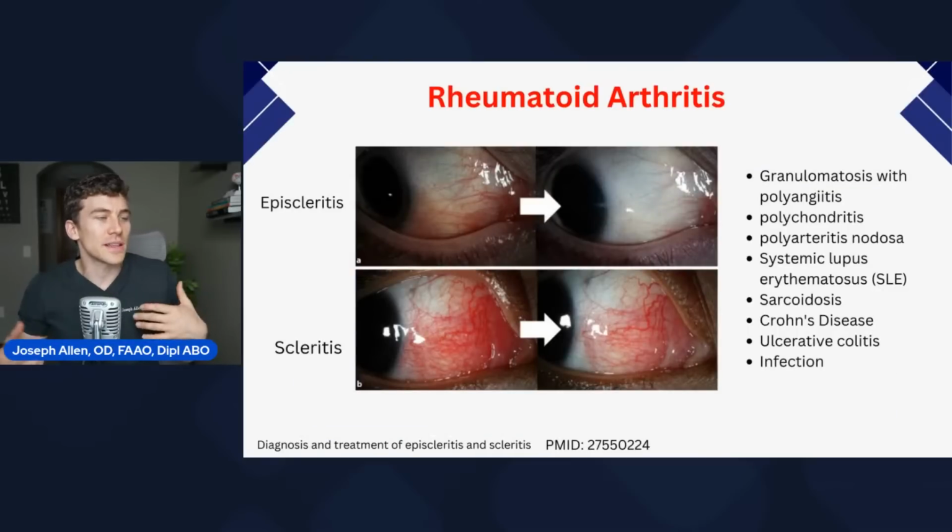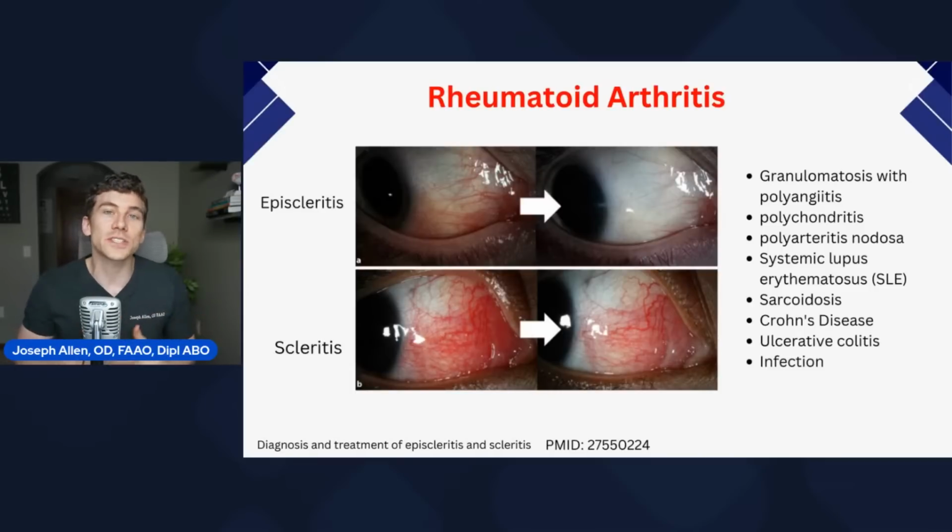Another condition, and this is another one that I just had a pretty severe case of that I'm managing right now. Sometimes patients come in because they have a red eye, right? You think you maybe have an infection like a pink eye, which is termed conjunctivitis, which could be a bacterial infection or a viral infection, maybe allergies. But it could be because it's not an infection. It's not any of those. It's because of a deeper level of inflammation going on in the eye.